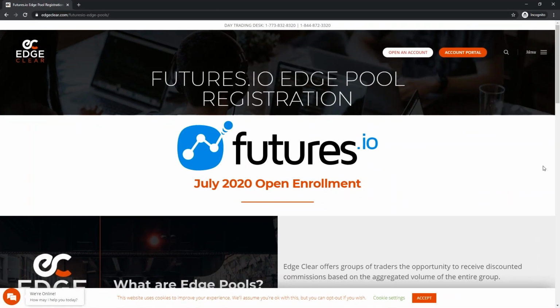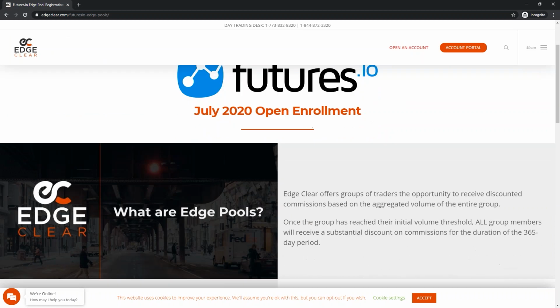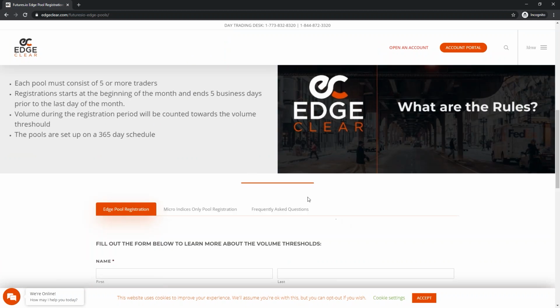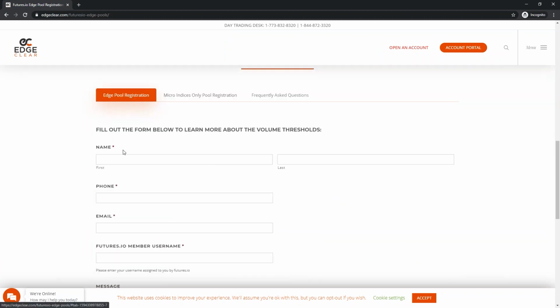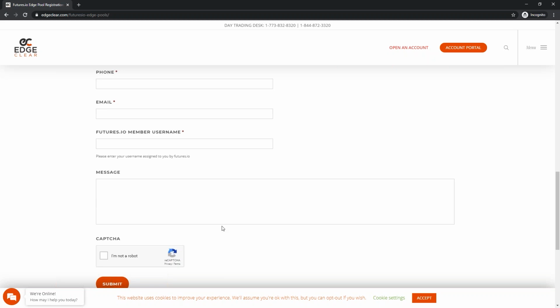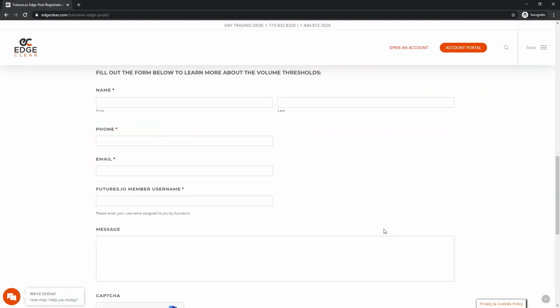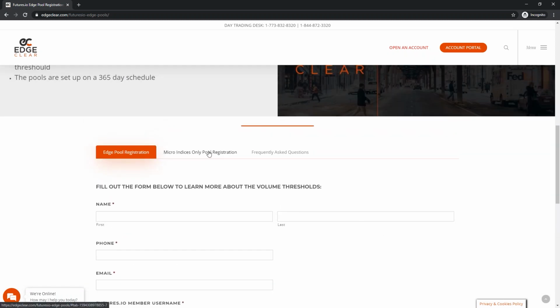If you go to that link, it's just a shortened link. It'll bring you to this page here, which explains a little bit what a pool is and walks you through the registration process. We will collect these and let everybody know within that open enrollment period who qualifies, and we'll send you all the details that Max said, including an agreement.